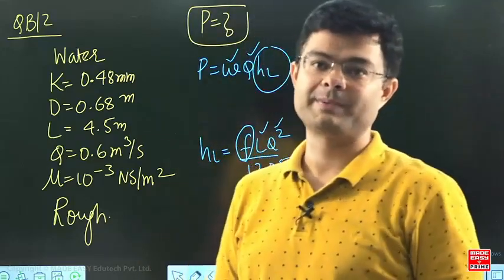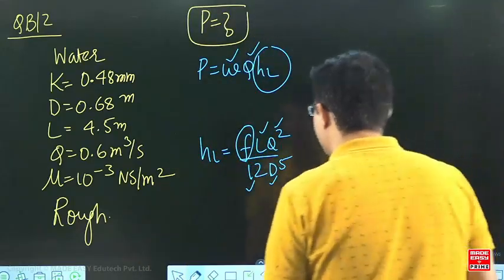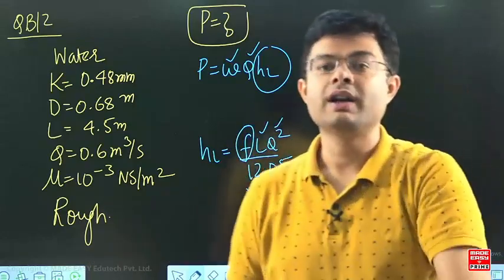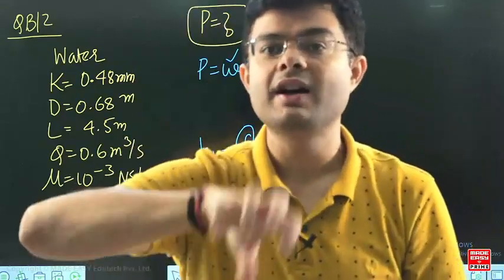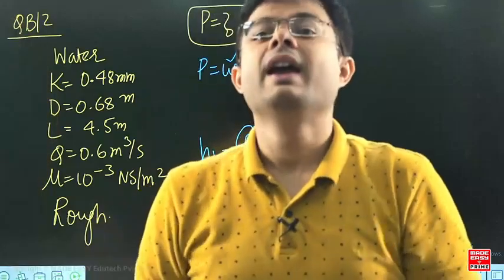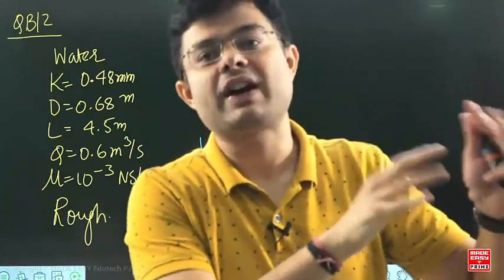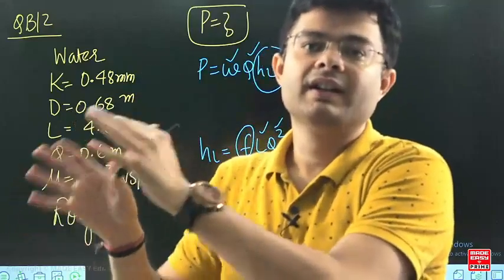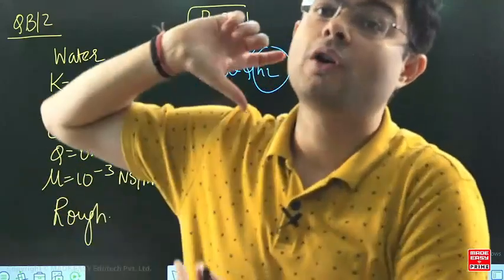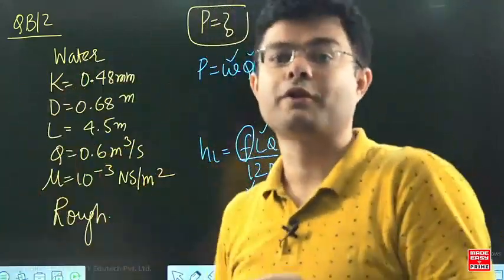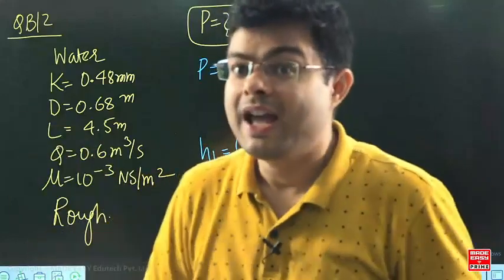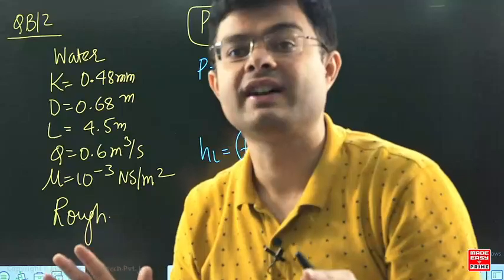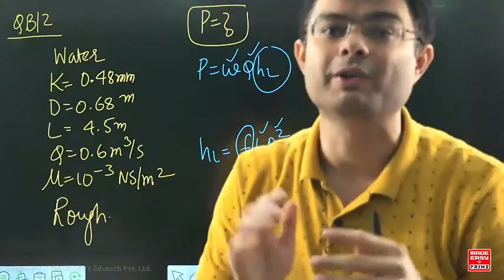F is missing. Now just wait. Friction factor depends on whether your flow is laminar or turbulent. If your flow is laminar, then friction factor will be 64 by Reynolds number. If your flow is turbulent, then friction factor will depend on whether your pipe is smooth or rough. But wait, in the complete question, nowhere is it mentioned that the flow is turbulent or